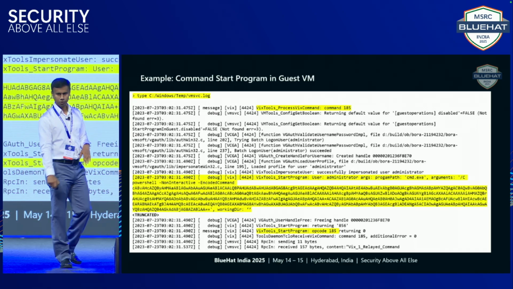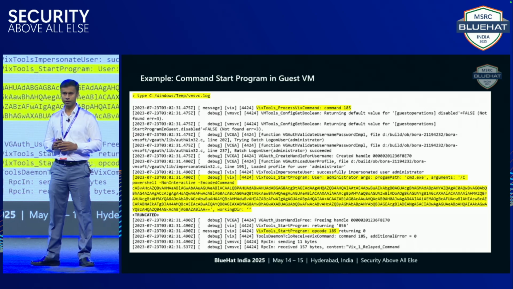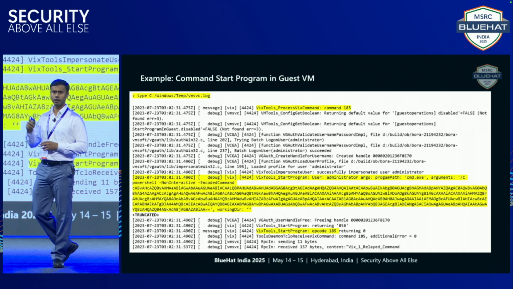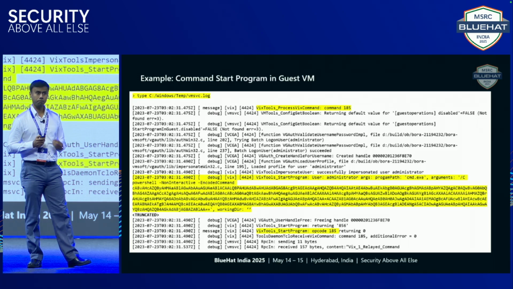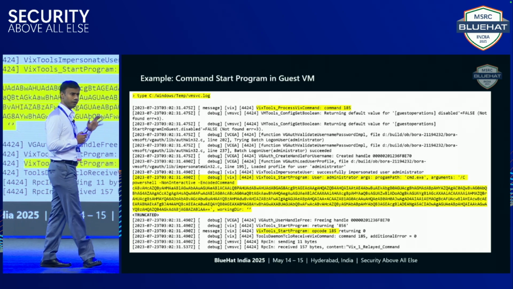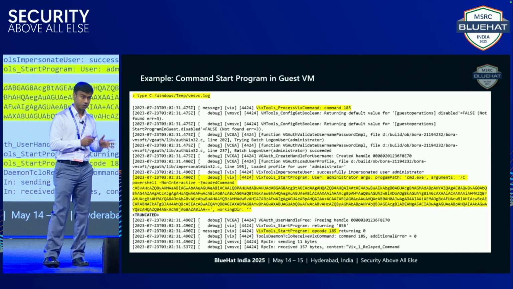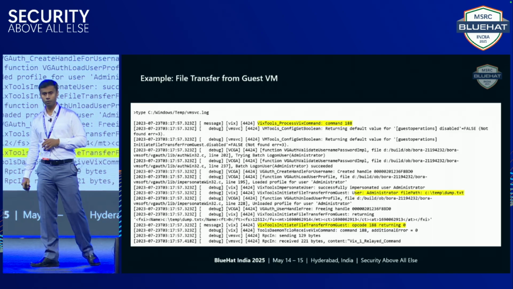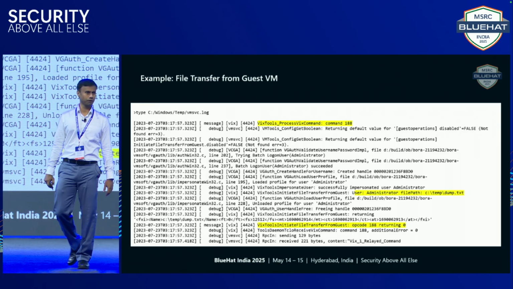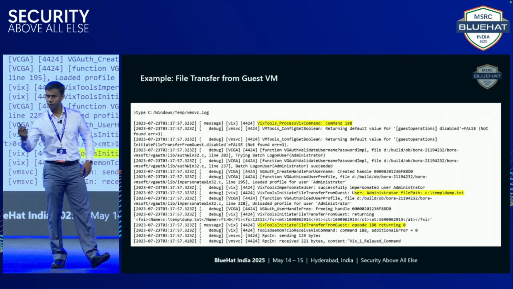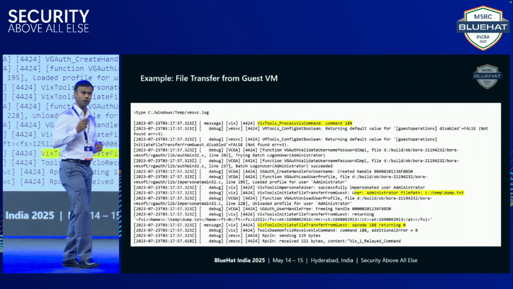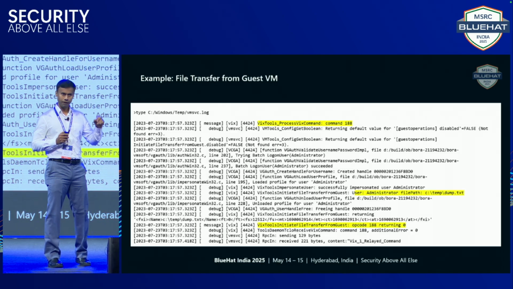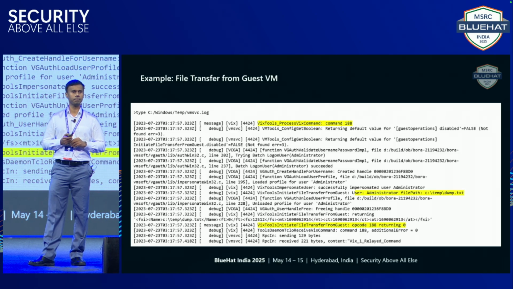So in this example, I'm showing you starting a program in a guest VM. So you can see details like the PowerShell and the encoded process parameters recorded in this specific log in the guest VM. Another example where I'm trying to initiate a file transfer from guest VM to perform a data exfiltration, for example, right? So this is also recorded, what type of files are moved from guest VMs, as well as